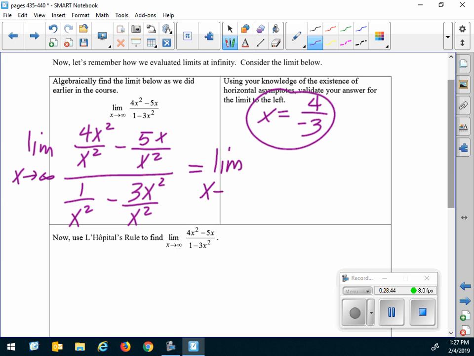Limit as x approaches infinity. We did this last semester, and what we did is we looked in the denominator and we found the term with the biggest exponent, okay? And what we're going to do is divide every term in that whole rational expression by x squared. And then we're going to simplify each one of those fractions. What's that first fraction? Minus